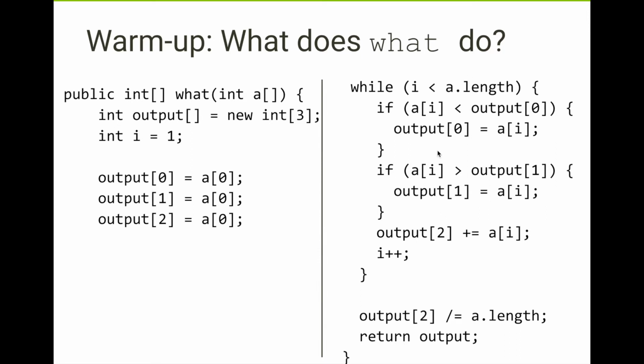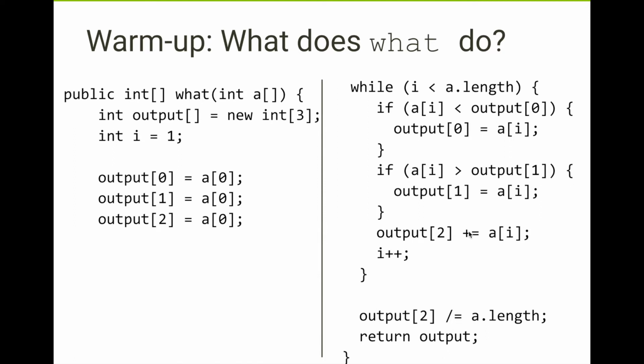If we were to look only at output 0, we'd say when A is less than output 0, we make output 0 equal to A. And then we just go through. At the end of that, we would know that output 0 is going to be what? It's going to be the minimum of the array. Output 1 does just the opposite. It's greater than. So the result of output 1 is going to be the maximum of